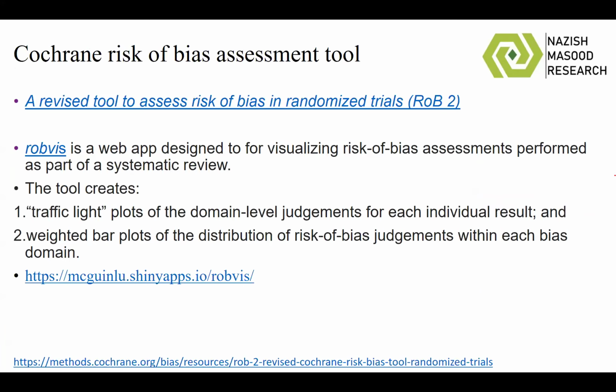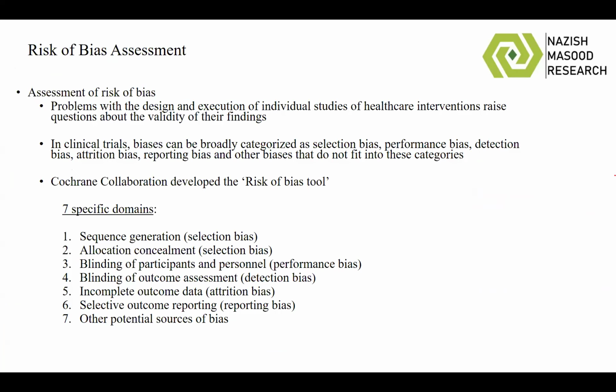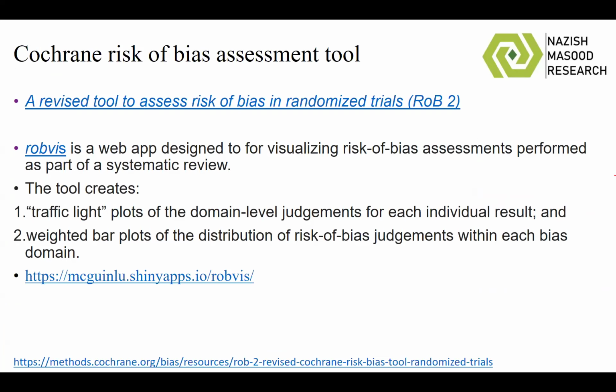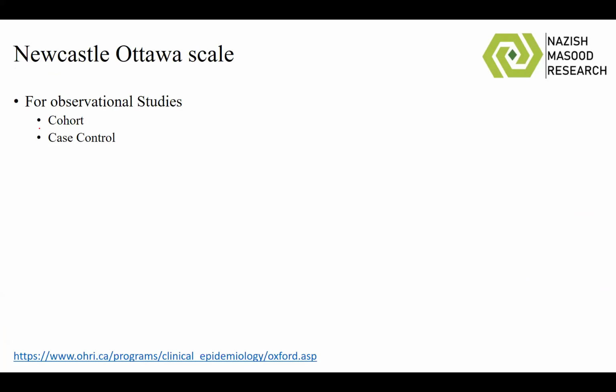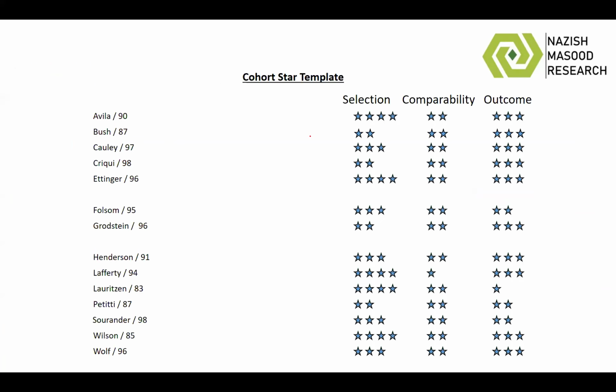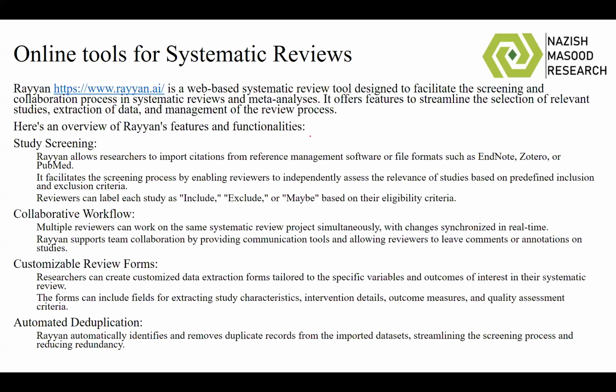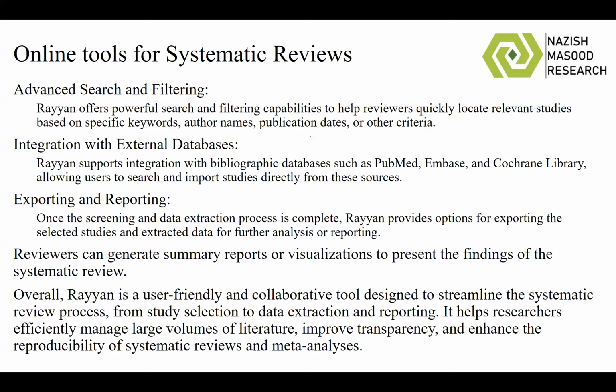On day two, we had a very focused approach towards risk of bias, in that we applied the risk of bias tool by Cochrane using the visualization tool RobVis. And then we moved towards the Newcastle-Ottawa scale, which used a star-based approach for cohort and case-control study, primary studies, if they were to be included in the systematic review. And then you develop a grid based on the stars assigned for every aspect of that primary study. We also looked at Rayyan,